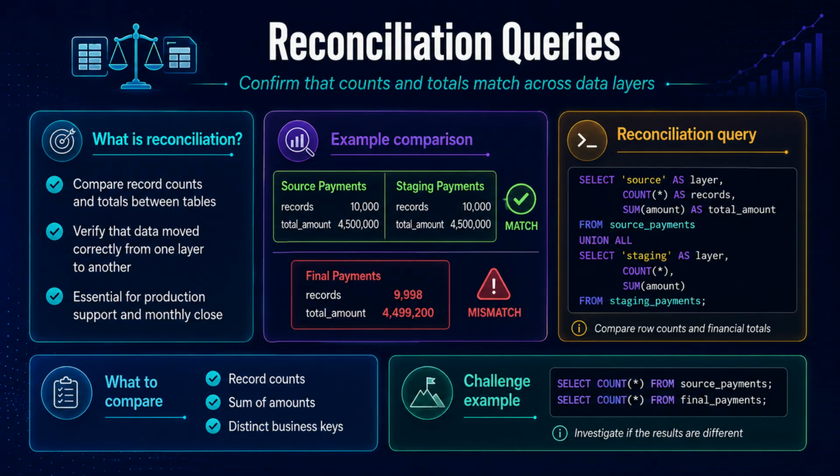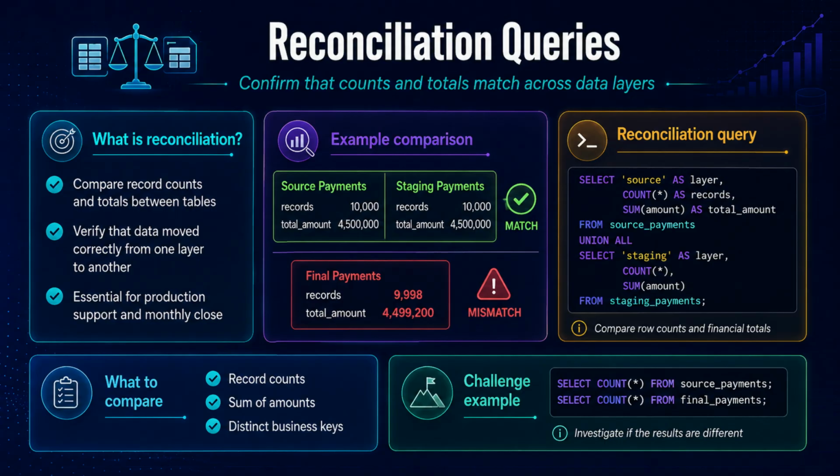The SQL query on the right uses union all to compare 2 layers in one result set. The first select returns the source layer, the record count, and the total amount. The second select returns the staging layer, the record count, and the total amount. This format is simple, clean, and powerful because it allows you to compare multiple layers side by side in a